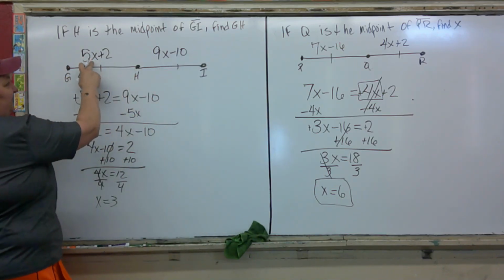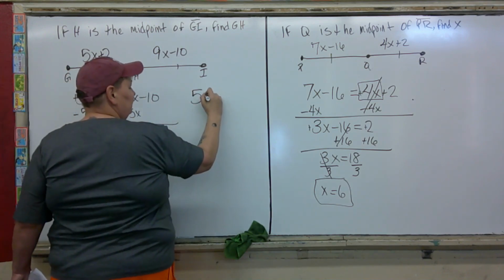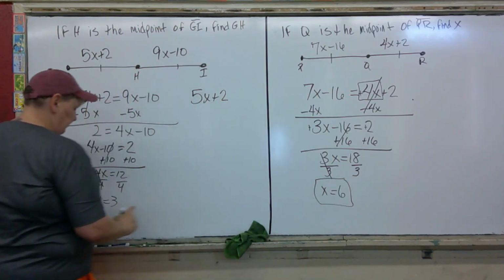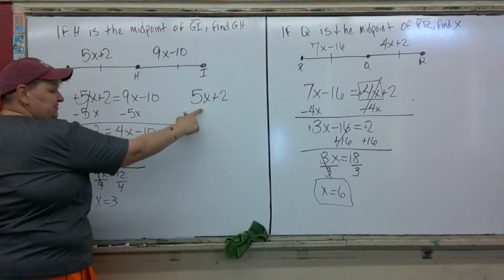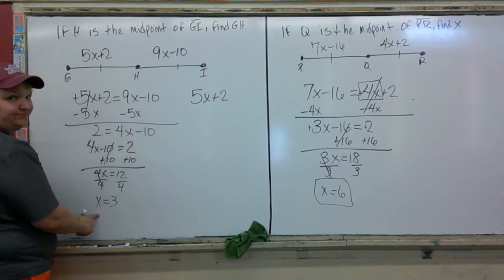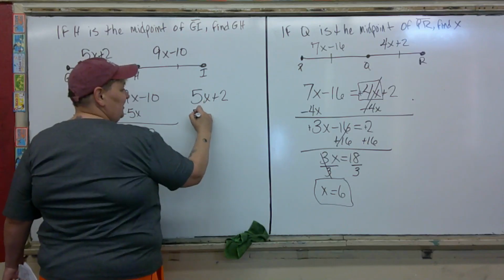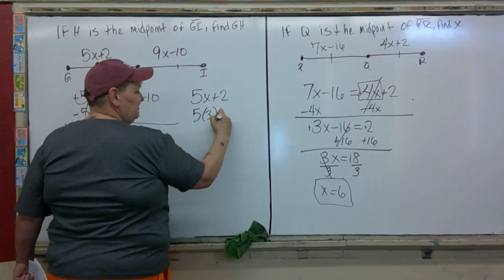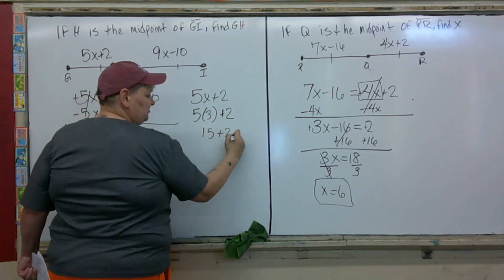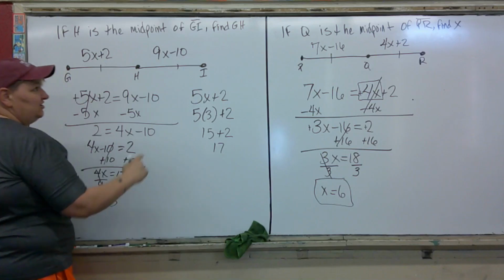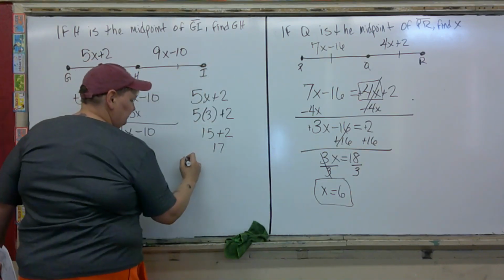So 5x plus 2 is GH. Now that we know what x is, we can substitute x for 3. So instead of 5 times x, we're going to say 5 times 3 plus 2. 15 plus 2, 17. So G to H